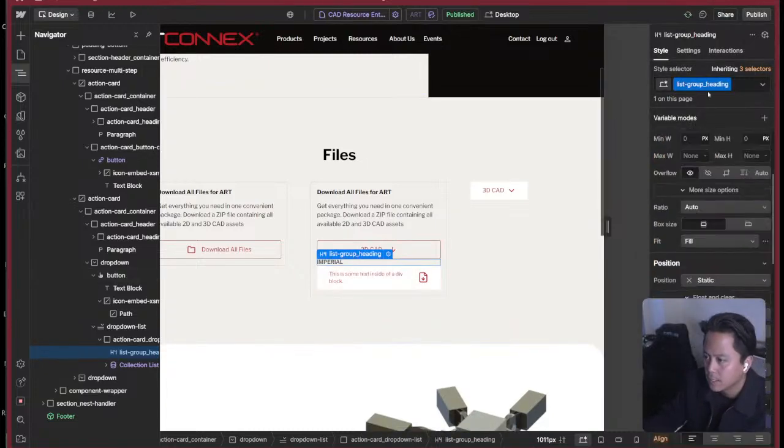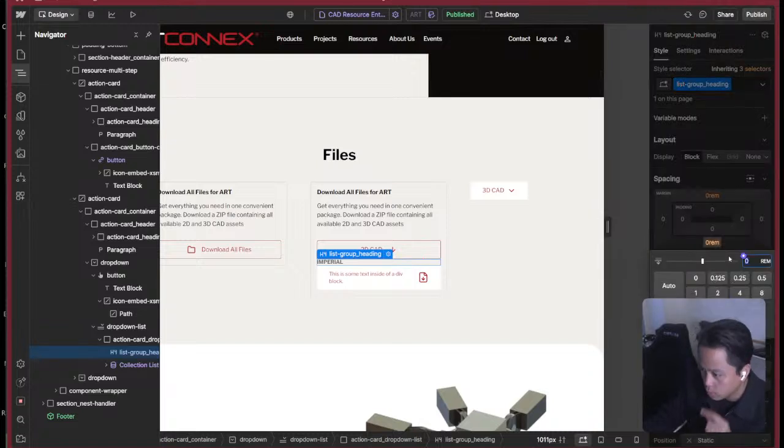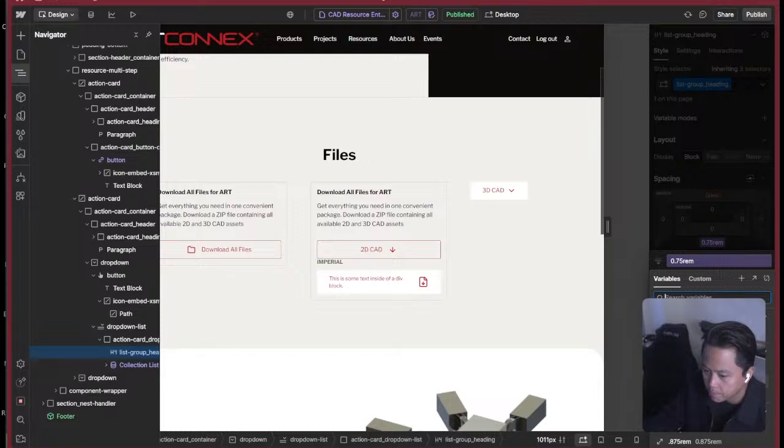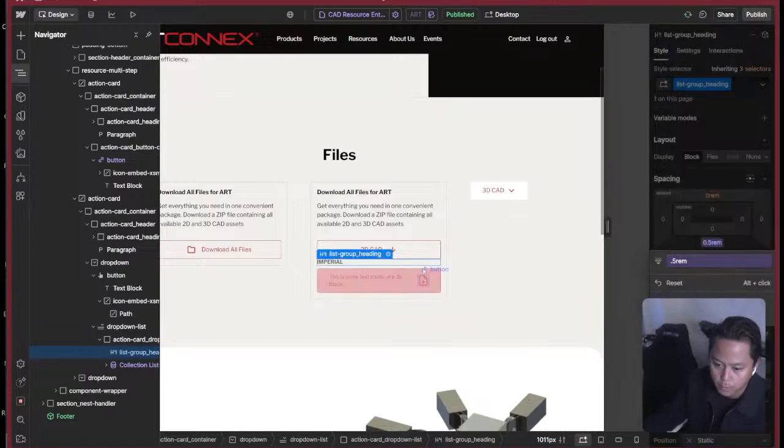So we got our list group heading. For the most part, we're probably going to want the same bottom margin for these guys. So let's add a much smaller value, 0.5 rem, spacing 0.5 rem. There we go. Next up,